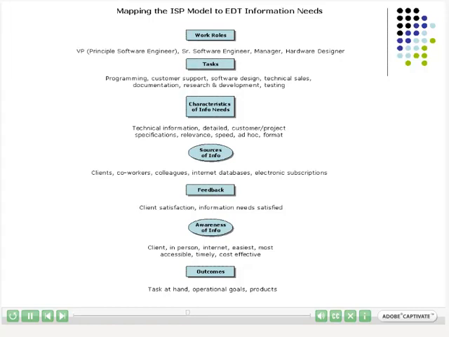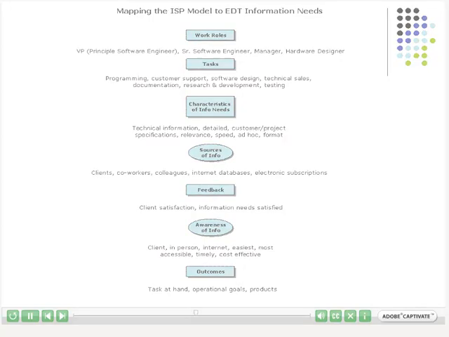Characteristics of information needs in this environment were revealed in the data. EDT sources of information are generally easy to access. To the extent engineers were aware of information sources seemed to accentuate the principle of least effort. An element of feedback was identified in the information seeking process, and outcomes were shown to complete tasks, achieve goals,